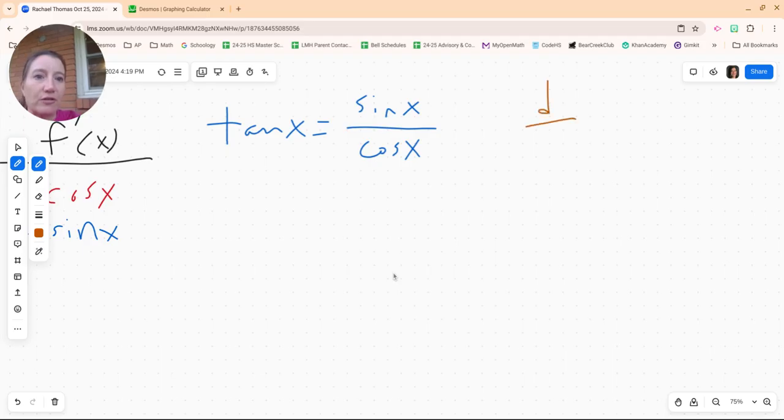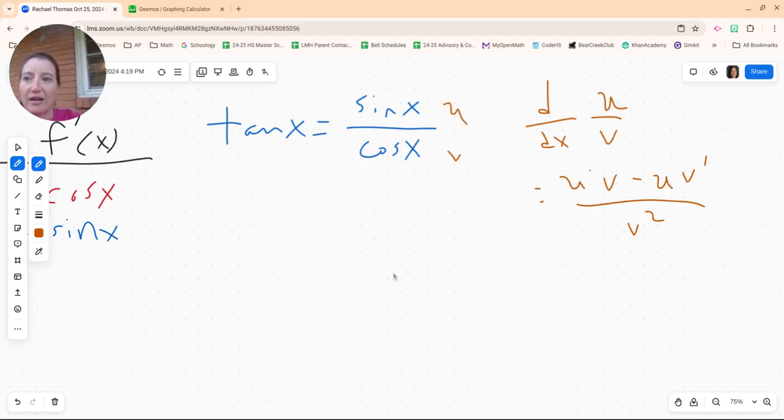If I asked you for the derivative of, we usually say u over v, that's going to be u prime v minus uv prime over v squared. Here my u is sine and my v is cosine. I'm going to just apply the quotient rule here, and let's get a derivative. The derivative of tangent x, therefore, is u prime, derivative of sine, cosine, times v, which is also cosine, minus,